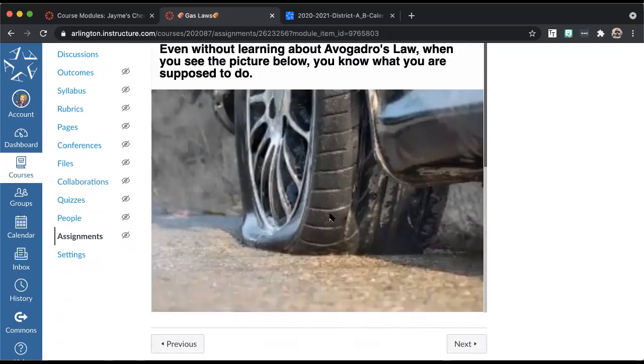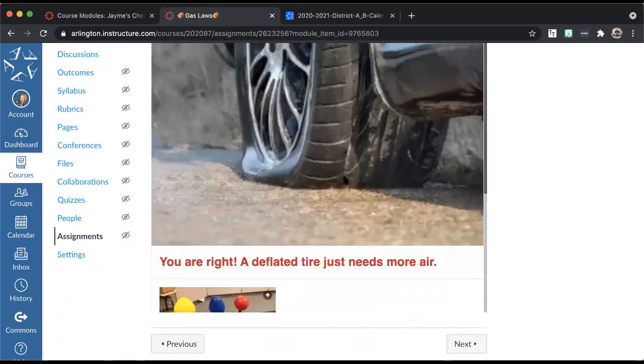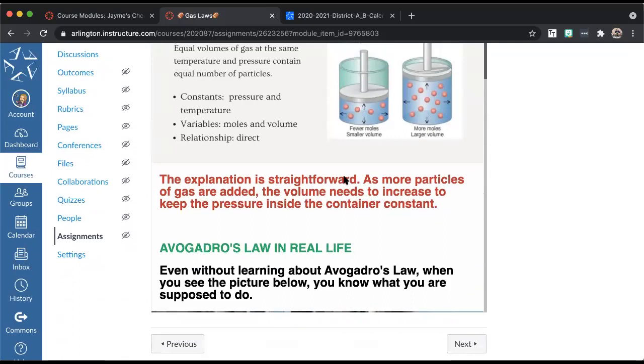If this tire is deflated, really I just need to add more air. A lot of times if you're in your car, you'll get that light that comes on that says your tire pressure is low, the air in your tire is low. And usually you have to stop at a gas station or somewhere and add more air to it in order to reinflate it so that it's at the proper volume and pressure to be safe